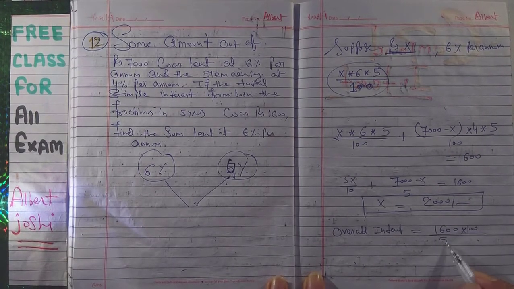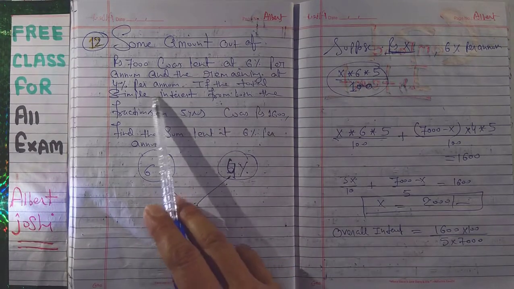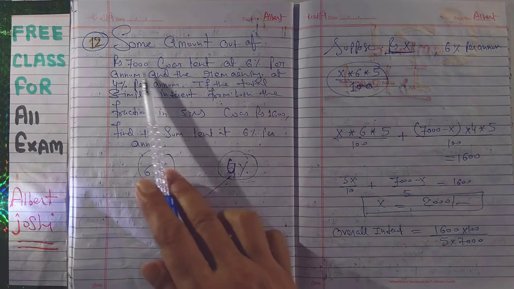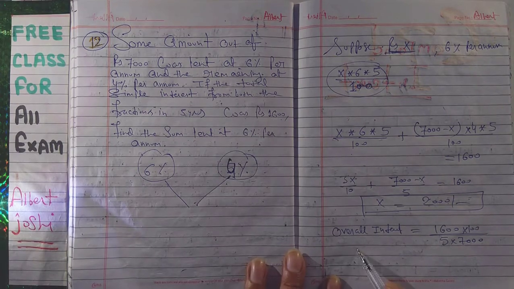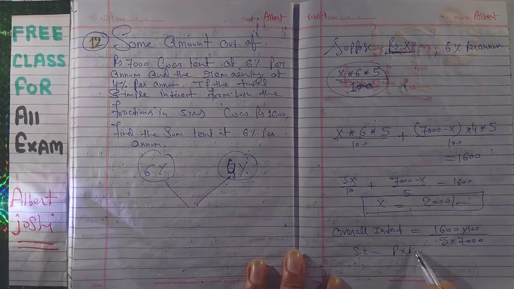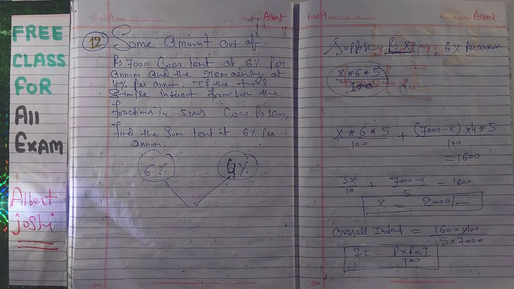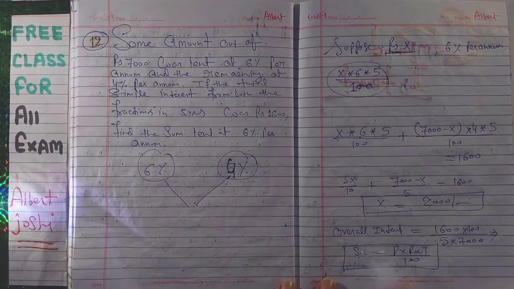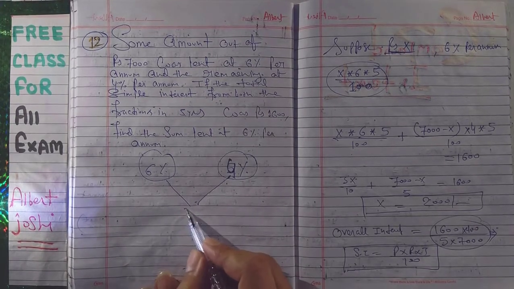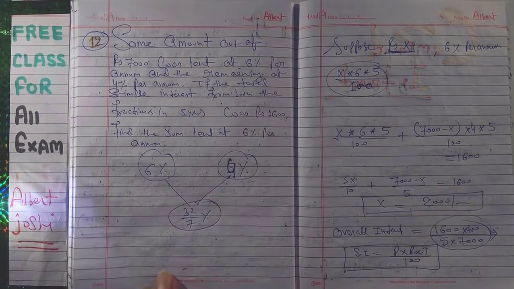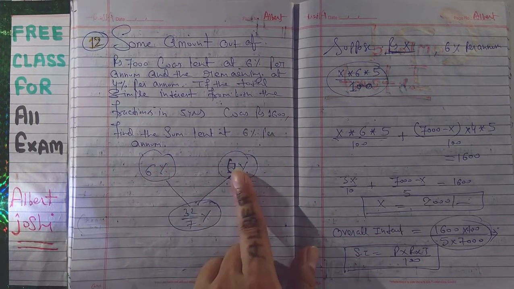upon 5 into 7,000. What is this? Your 5 is the time, and 7,000 is the total money. You must note that simple interest is equal to P into R into T upon 100, so we have done this calculation. By the help of this, overall interest, if you calculate it, you will get 32.7%. This is the overall interest on part 1 and part 2, and that is the part 1 interest, that is the part 2 interest.